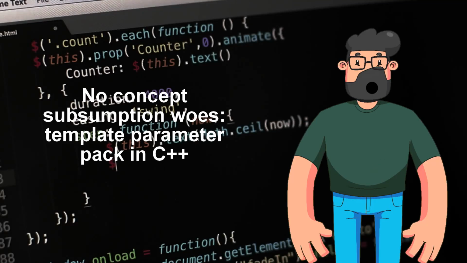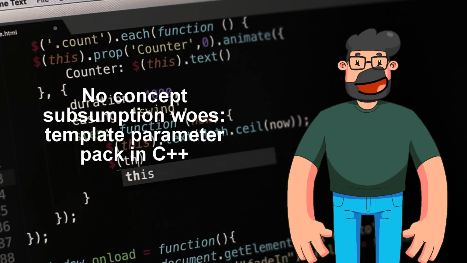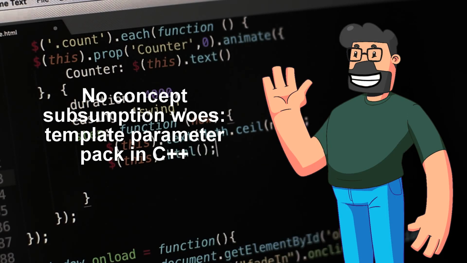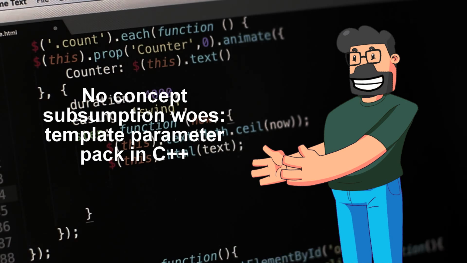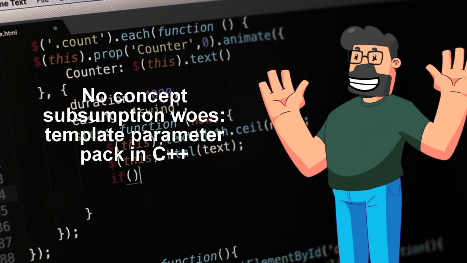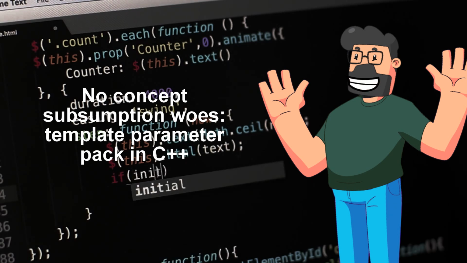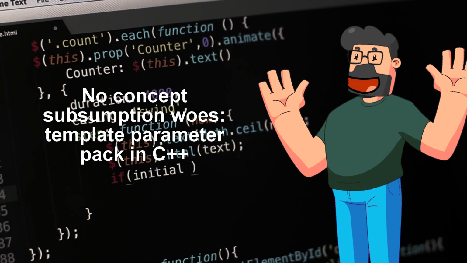Hey there, welcome to today's video, where we're diving into a problem related to C++20 concepts. The problem we're looking at revolves around concept subsumption, specifically when dealing with template parameter packs in partial specializations. It's a classic case of hitting a roadblock when trying to specialize a template class with a template parameter pack